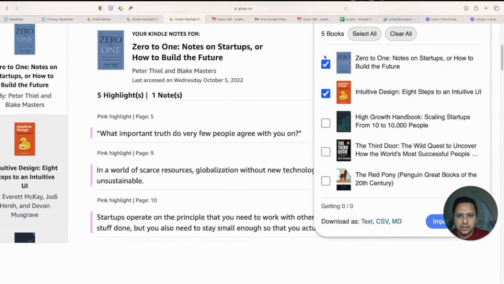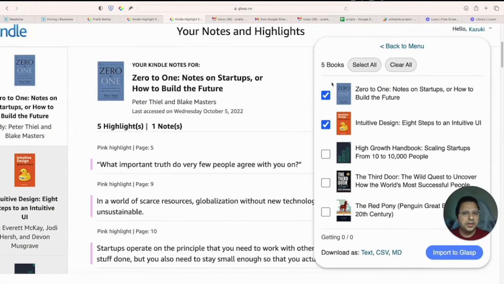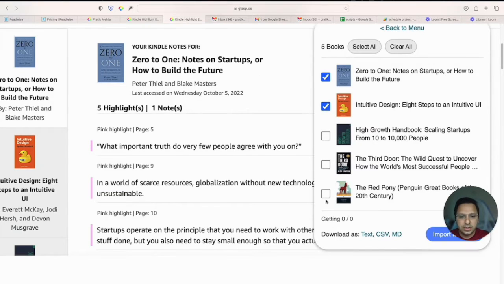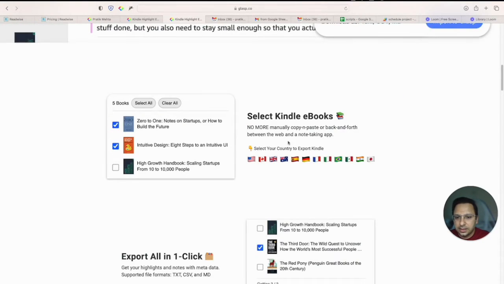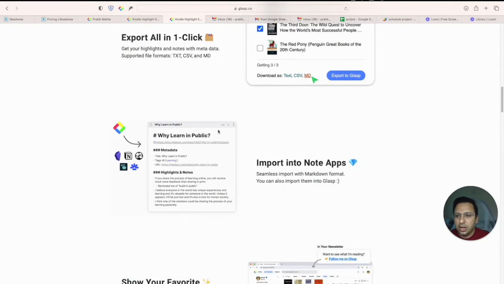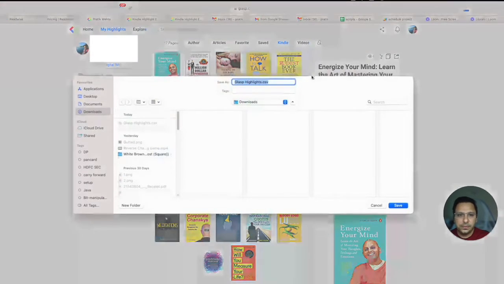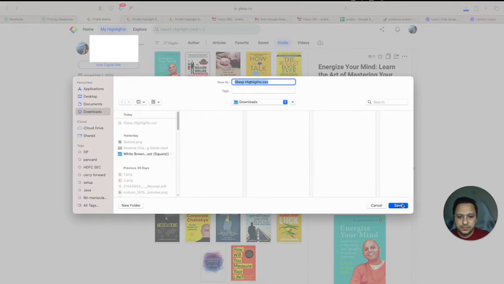Once you download it, it will link or integrate your Kindle account, and then you can select the books that you want the highlights to be imported from, select your Kindle ebooks and then export all in one click. You have an option to export it to Glasp, or you have an option to export it directly to CSV. Now I have already imported some of my Kindle highlights into this Glasp app, and what I'm going to do is export it as a CSV file, right? So after I download it,